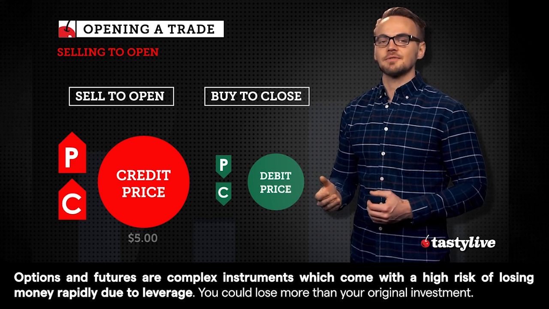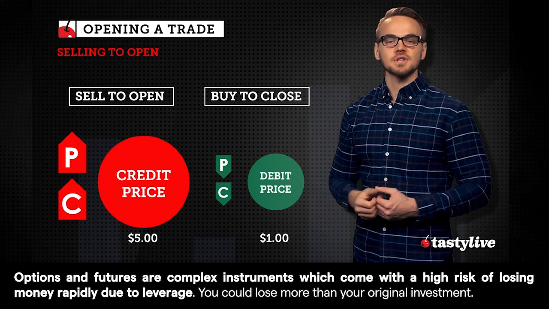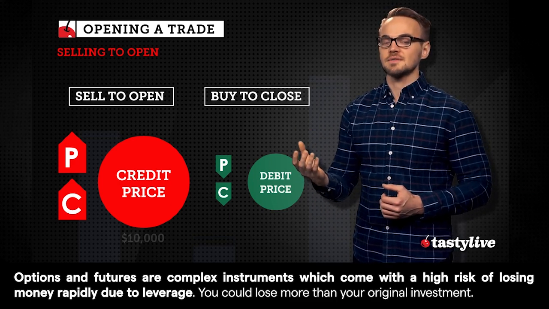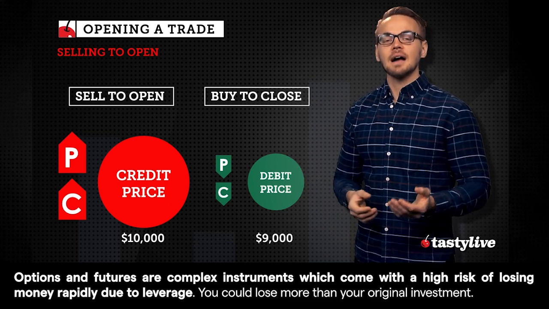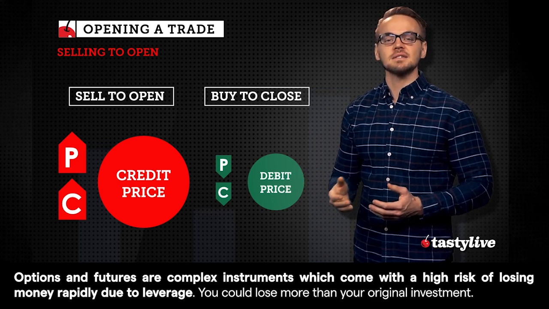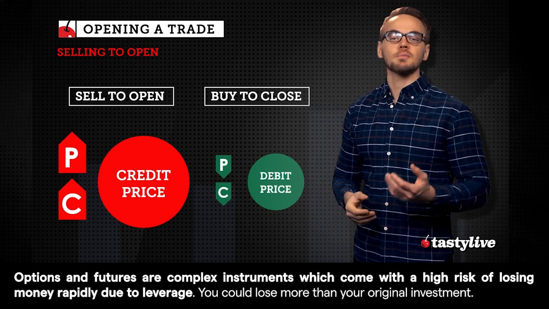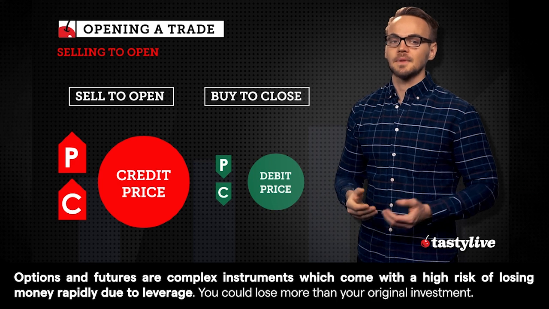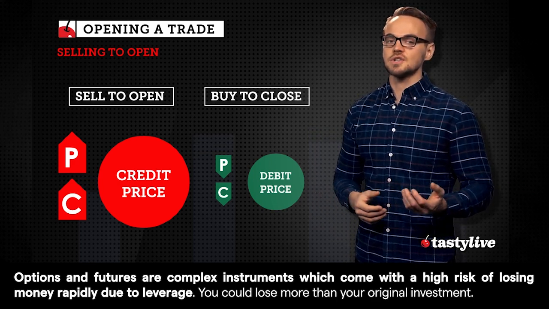If I sell an option for $5 and buy it back later for $1, I would make $4 per share or $400 in real dollar terms. If I short 100 shares of stock for $10,000 and buy them back later for $9,000, I would make $1,000. In most premium selling strategies, the best case scenario when we sell to open is realized when we can buy to close for a lower price later. Just like buying to open, trades can go against us here as well. If we buy to close for a higher price than we sold the option or stock for initially, we would